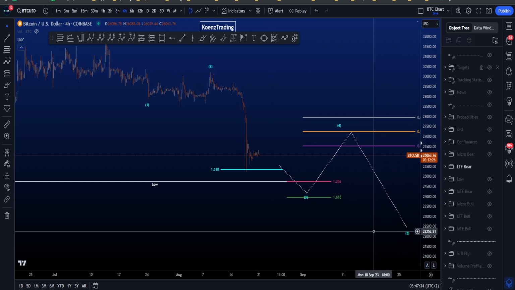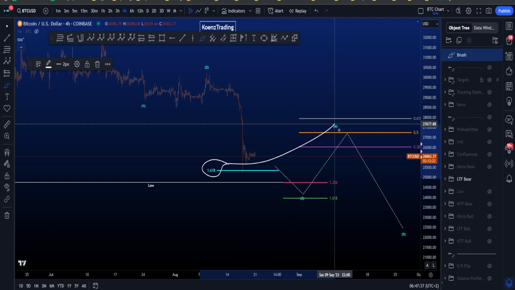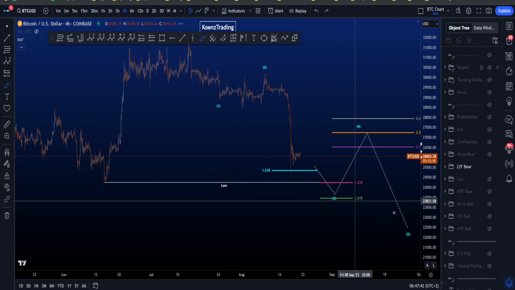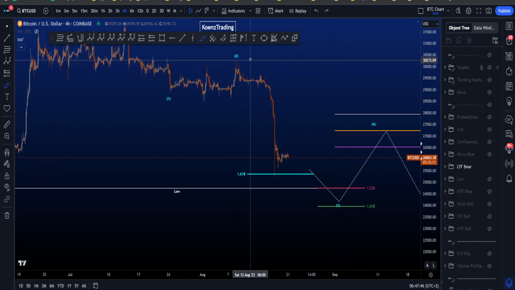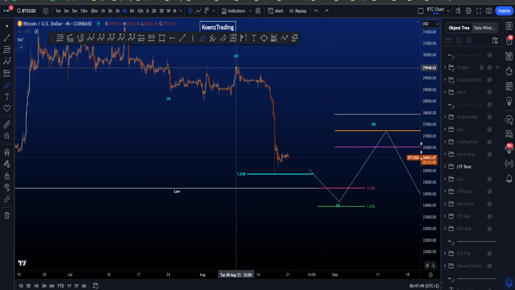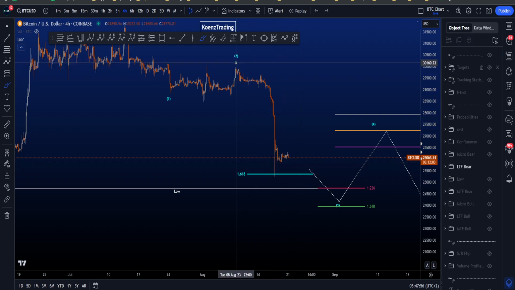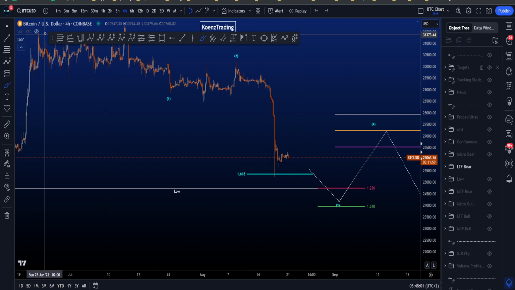But the 1.618 is usually only a minimum target, and yes, price can return here for then a 4 and a 5, but it can extend, like wave 3 can extend much, much deeper. But in this particular scenario, wave 3 over here is not yet in, because inside wave 3 we are counting a 5-wave structure, and then again a wave 1, 2, 3, 4, looking for another 5. So not a truncated fifth, we're looking for another wave 5 to the downside, which is most common on lower